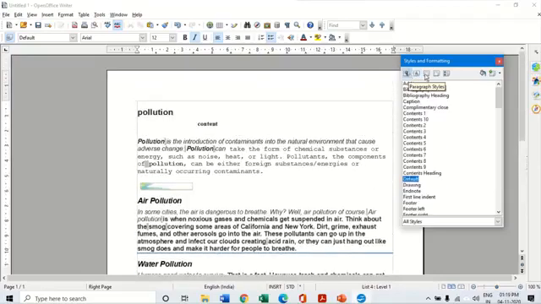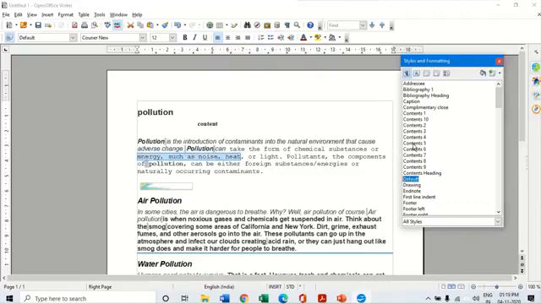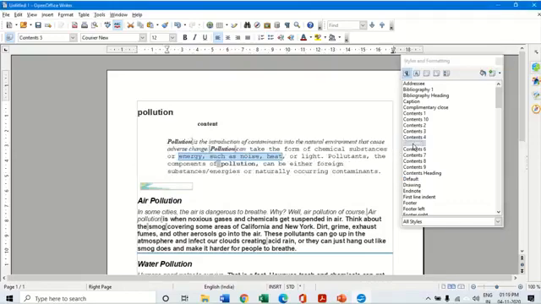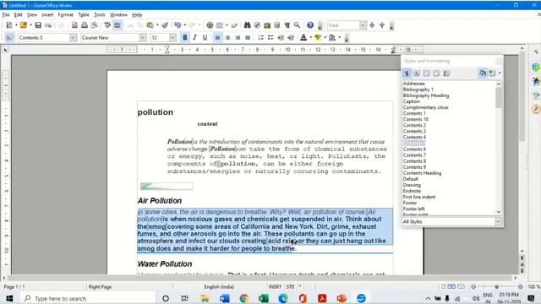Suppose I take a bullet over here and content, and I select a part of mine and make it content 5. This way, if I want this exact same format to be copied into some other place, I can be in my fill format mode, double click, and select it for a particular format.